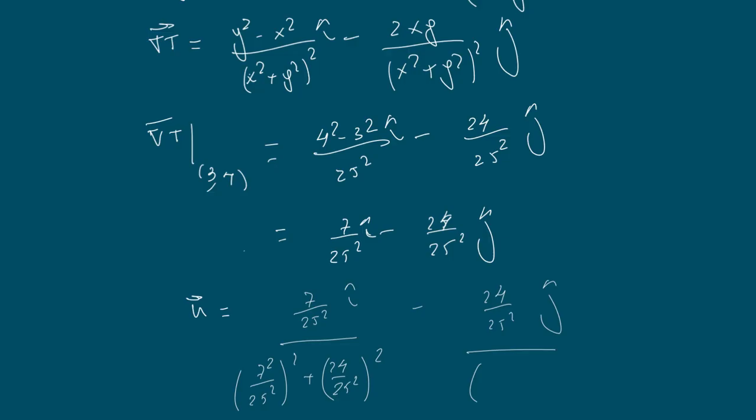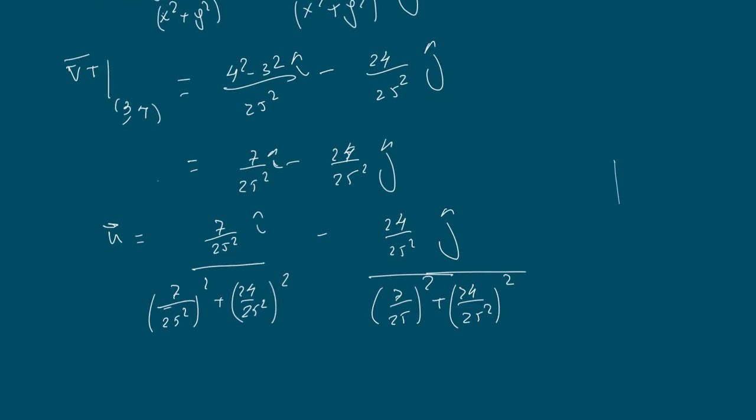Let's correct here: 7 divided by 25 squared plus 25 squared. And here the same thing, 7 over 25 squared plus 24 divided by 25 squared, which is the magnitude of the vector of the gradient at the point (3, 4). So this is the unitary vector, and it has a direction. You stop at the point (3, 4),